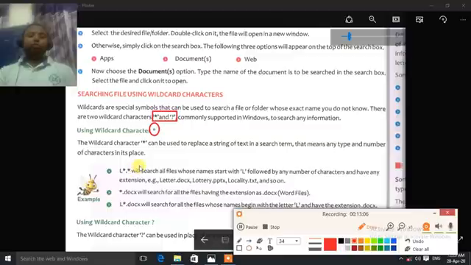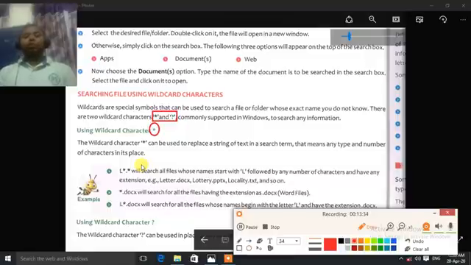Suppose you remember that my file started with the letter L and you don't know after that, and you don't know the extension also, whether it could be a PowerPoint file or a Word file, you know only the starting letter. Then you will use asterisk, means any string, any character or any number. So L asterisk dot, full stop, that asterisk for the extension.